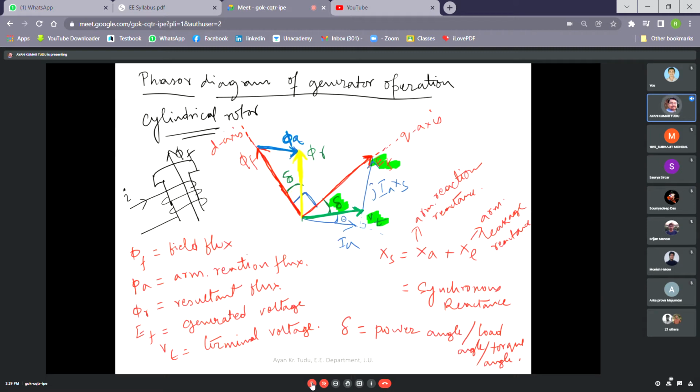this is the angle between phi f and phi r. What angle? This angle is known as our load angle. This angle delta is known as our load angle. As you can see here, it is written, this angle can be known as our power angle, load angle, torque angle, and again this delta can also be regarded as the angle